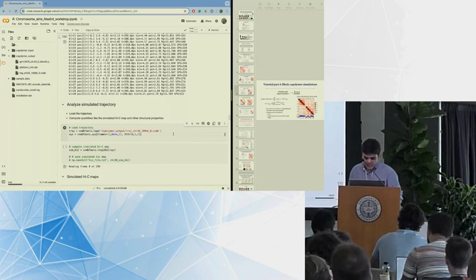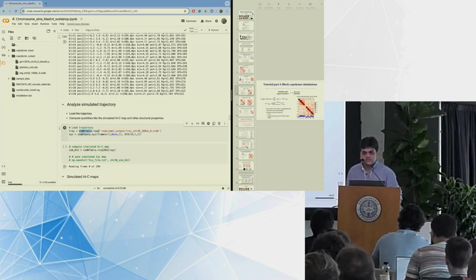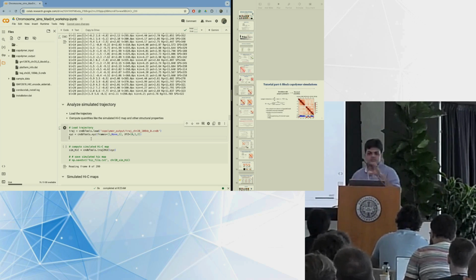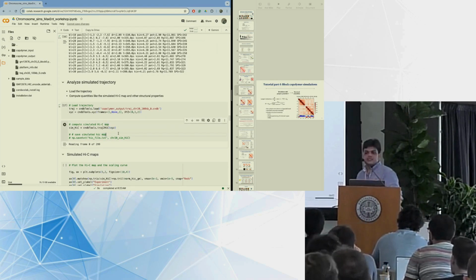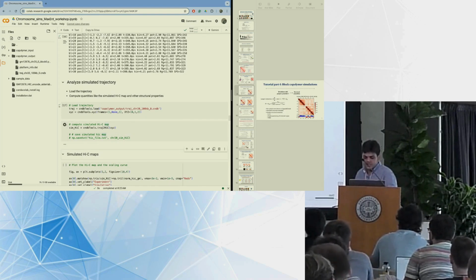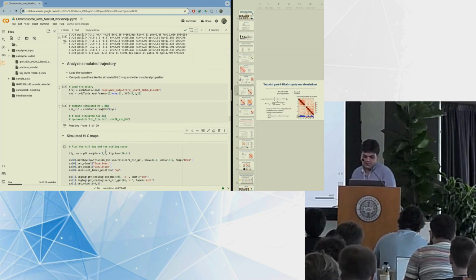Okay, so now the next step is to load the trajectory. We have CNDB tools, which is a tool set that analyzes the CNDB files and also does many other things, and we'll show some of them here. So here you load the trajectory, get the XYZ of the trajectory, and then we can calculate what the simulated Hi-C map should look like from here. Now I have a very small data set, only 30 steps, so it will basically look like a single cell Hi-C,